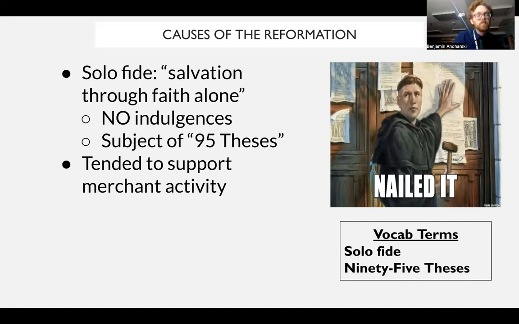Merchants and the nobility, those are two groups of people who tend to be more Protestant. And we see Protestant activity more so in countries like the Netherlands, in England, in northern Germany. These are places that have strong merchant presences. Italy, not so much, because the Catholic Church is literally right next door. And as we'll talk about later, the Catholic Church is going to stamp out this Protestant stuff wherever it can.